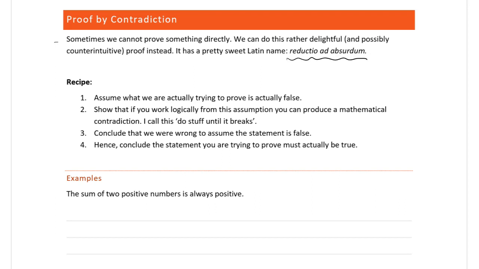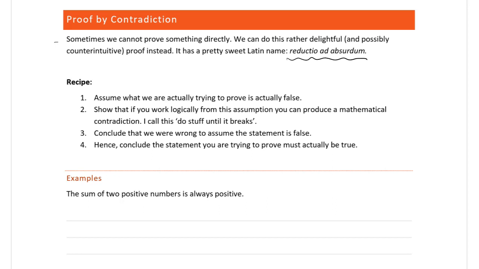Now, I'm not an expert at Latin by any stretch of the imagination. In fact, I would say I know close to zero. But that sentence makes me think of reducing something until it's absurd. And that's actually a really good description of proof by contradiction. So, we're going to be looking at some things that we cannot prove directly, and we're going to use proof